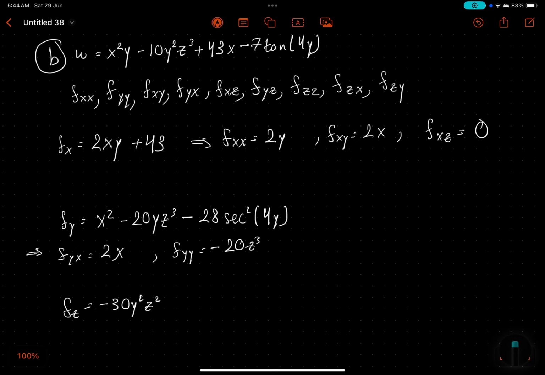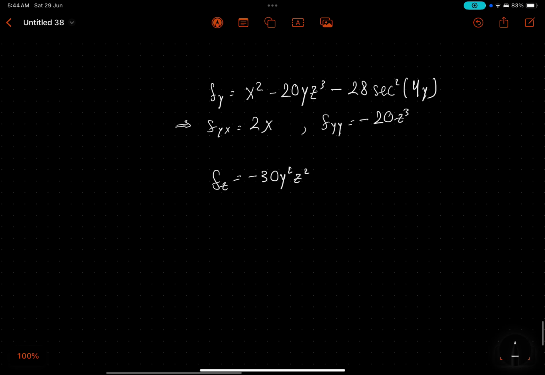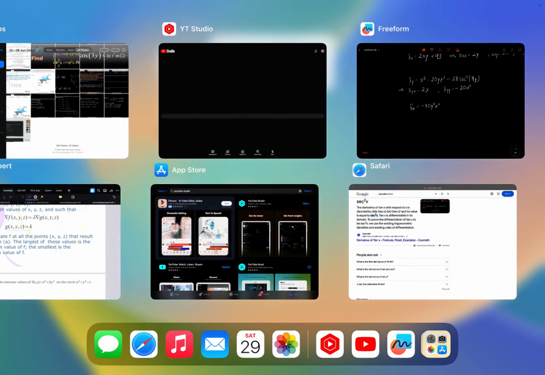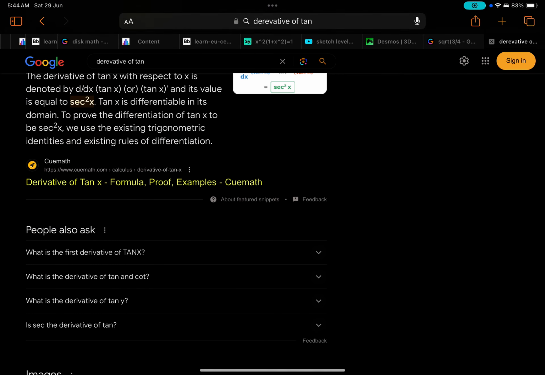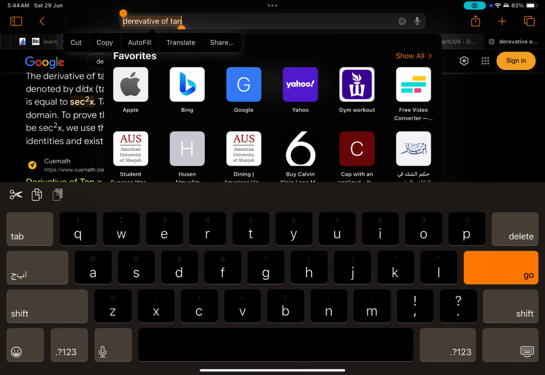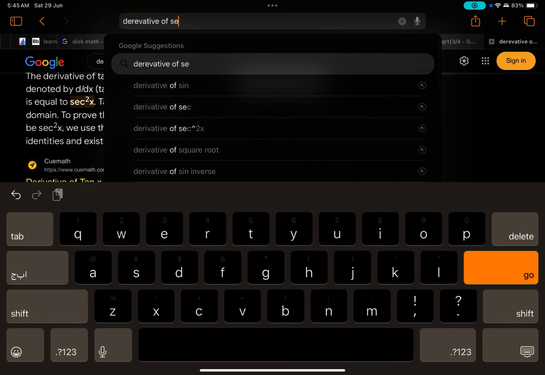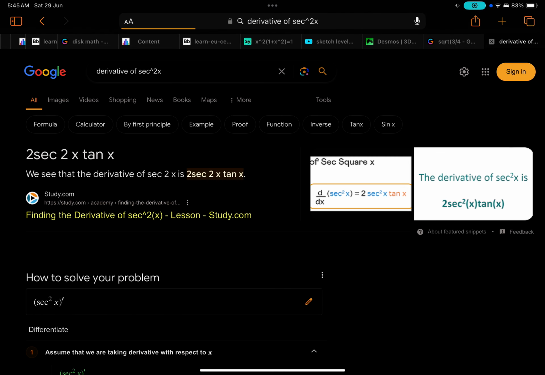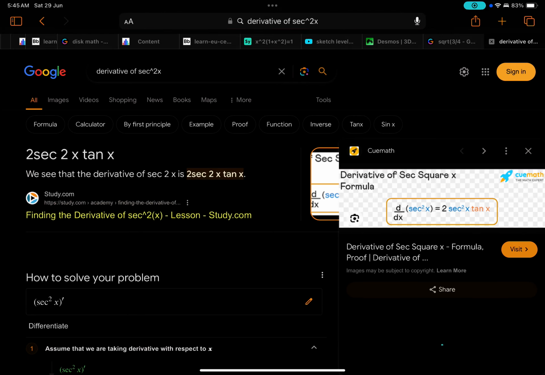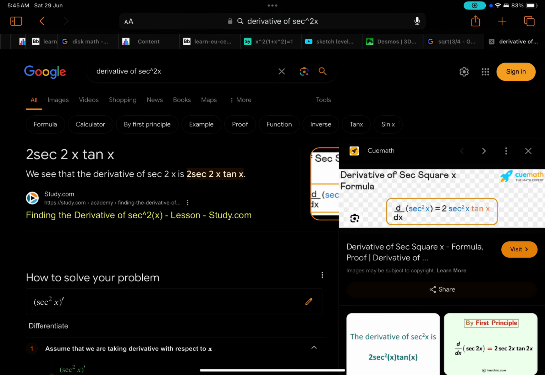And we want to take the derivative of that, so let's say, just so I don't make a mistake, derivative of secant squared 2x. Okay, so it's 2 secant squared x tan x